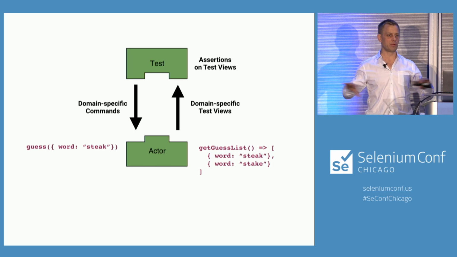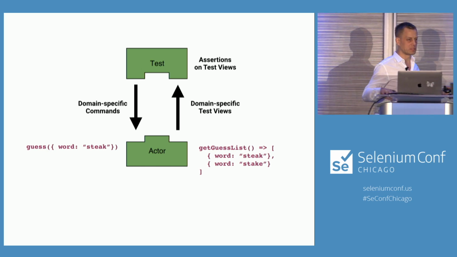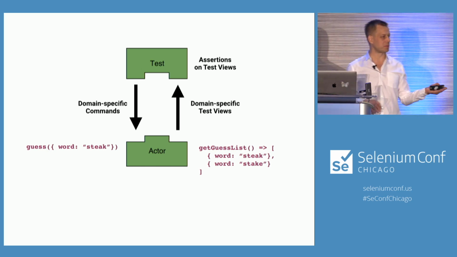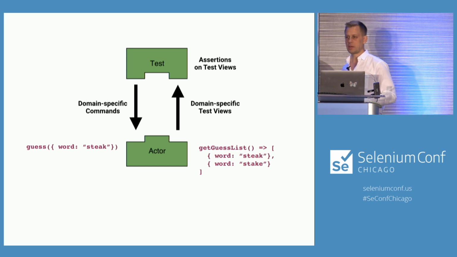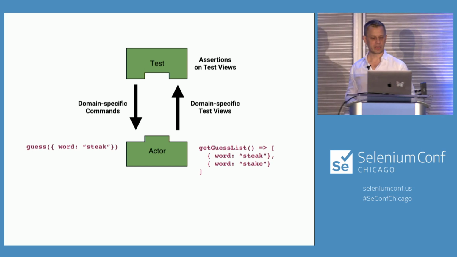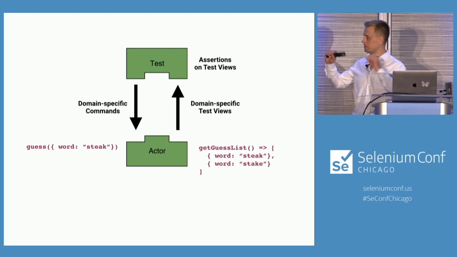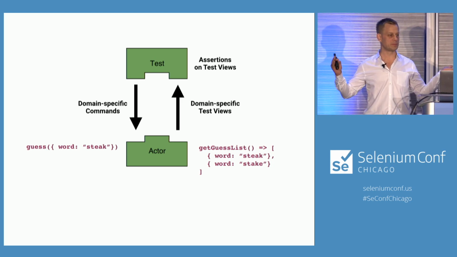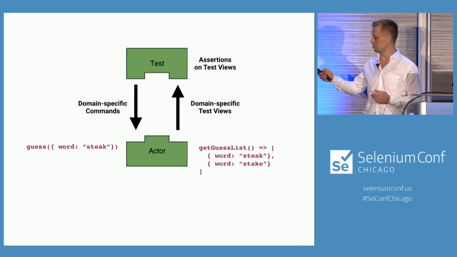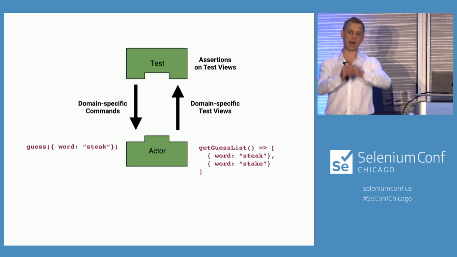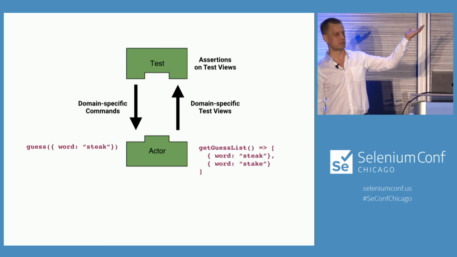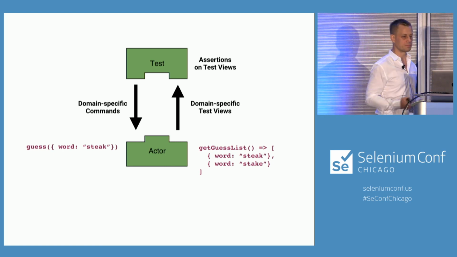that completely decouple information like whether I'm interacting with the system through a user interface or through an HTTP API, or maybe with direct method calls, right? The test only knows about this very high-level API, which is domain-specific. And then I've got different implementations of those actors here, depending on how I've assembled the system for this particular test run.